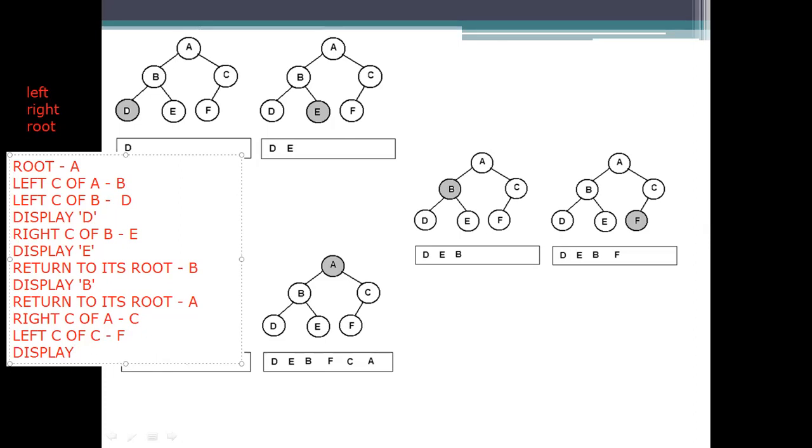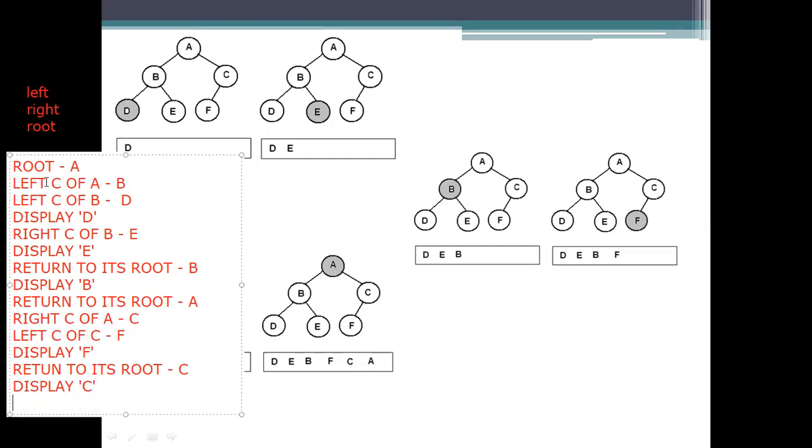What happens here is we need to display that node and we need to return to its root, which is C here. Since it is not having any right node, it will display C. Okay.